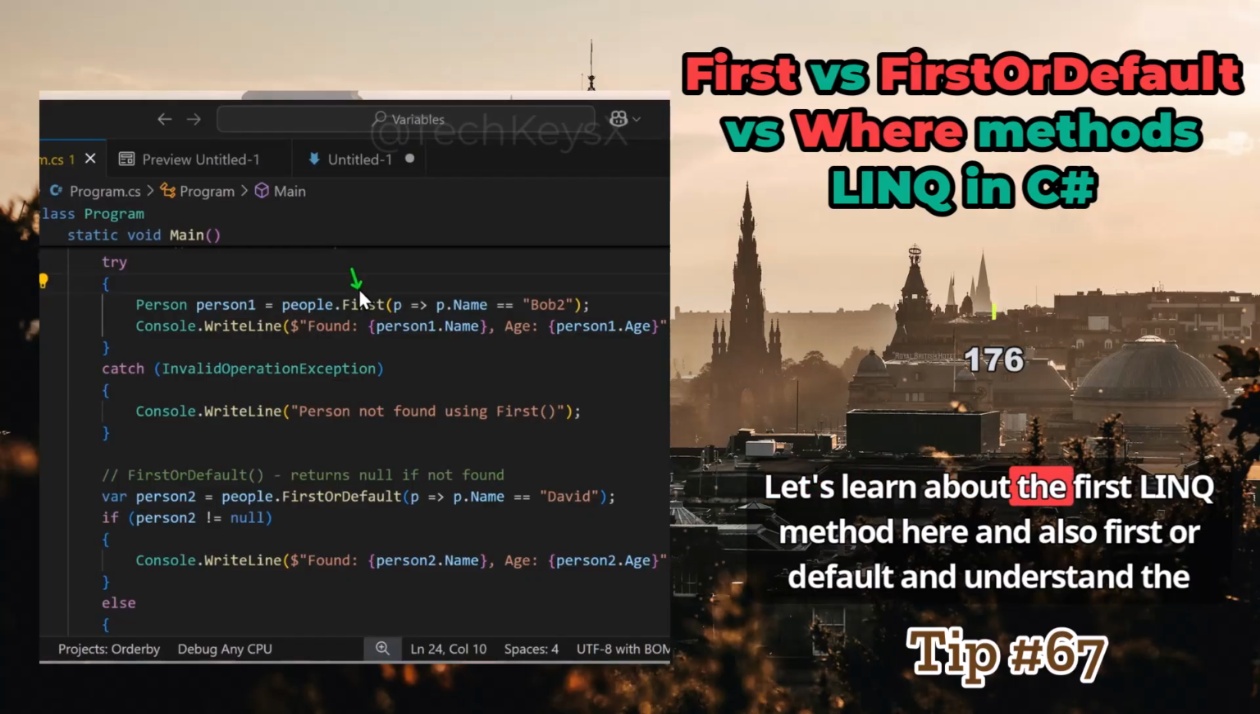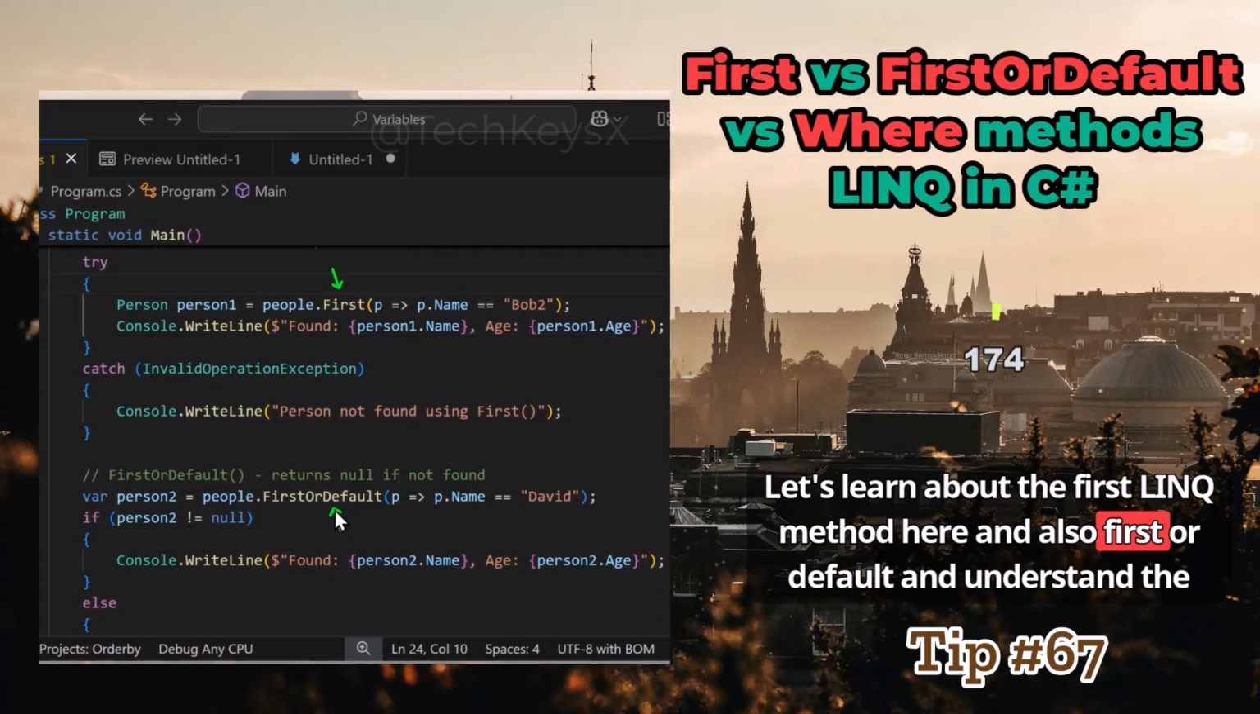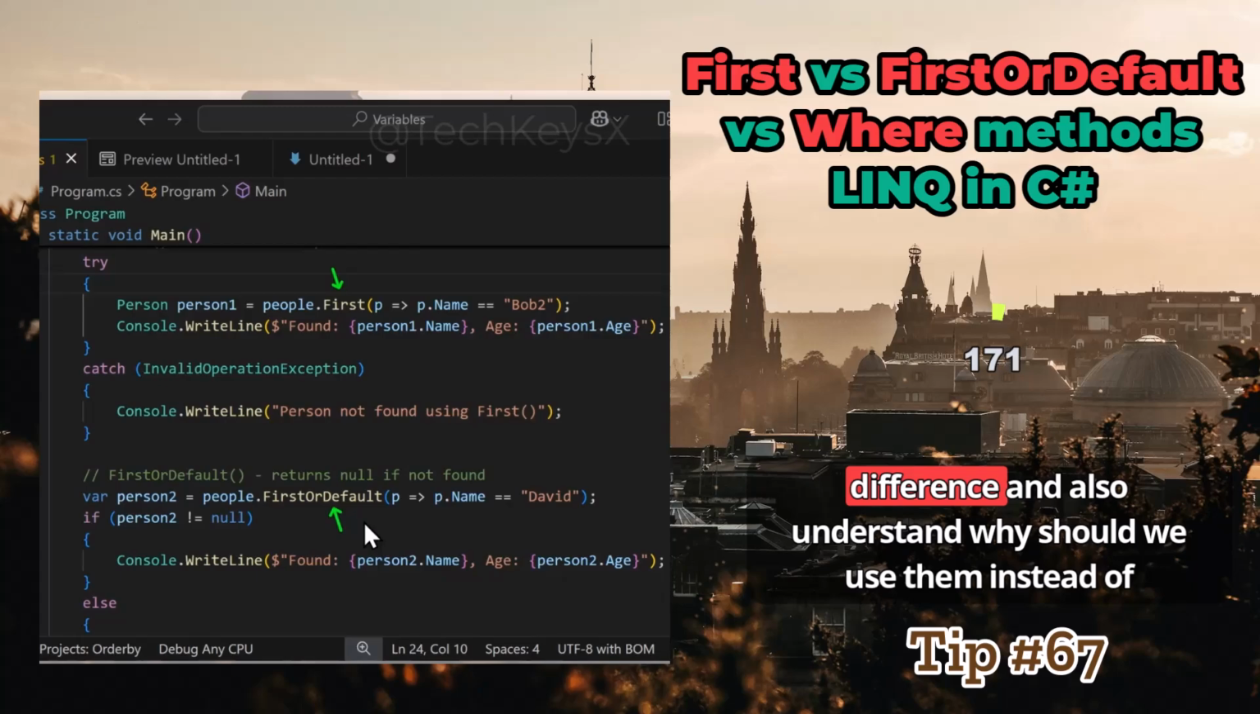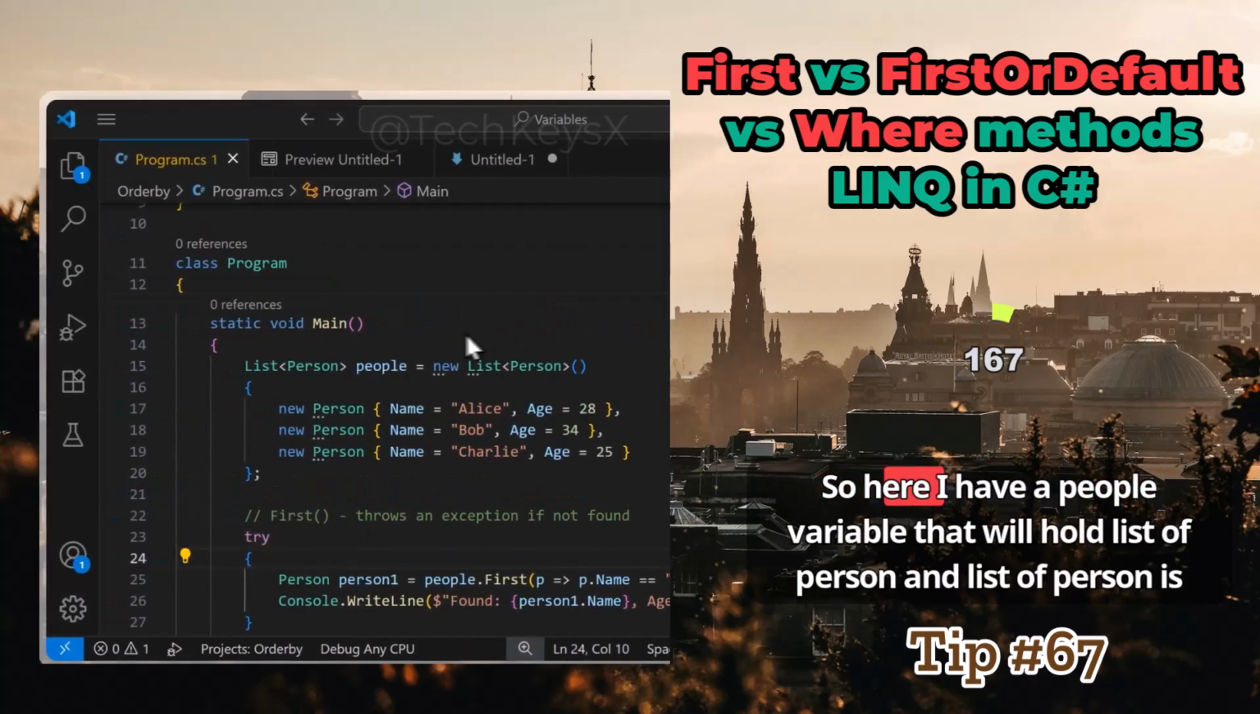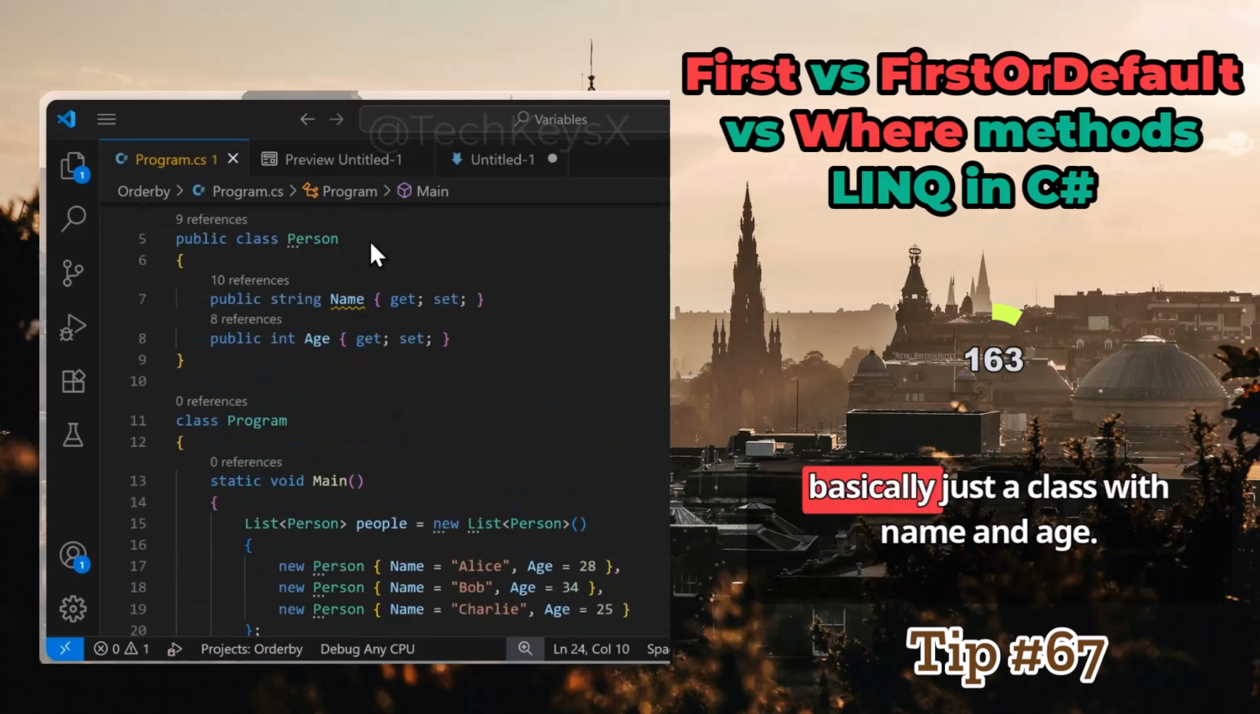Let's learn about the First LINQ method here, and also FirstOrDefault, and understand the difference, and also understand why we should use them instead of something else. So here I have a people variable that will hold a list of Person, and Person is basically just a class with name and age. And the difference between First and